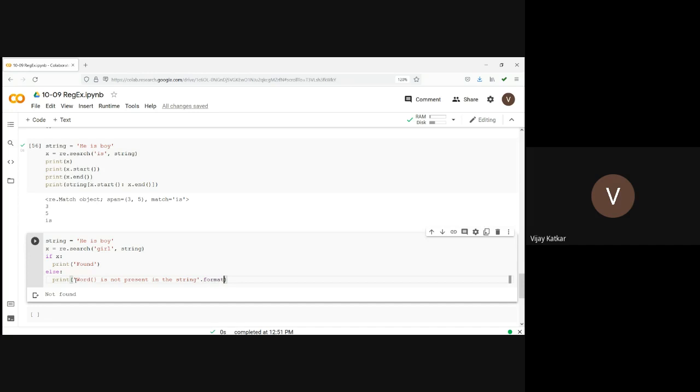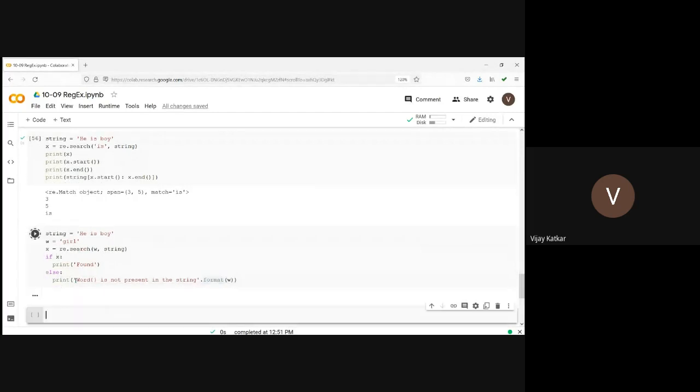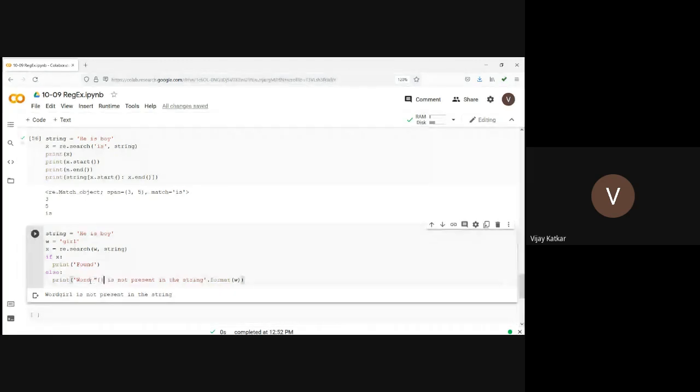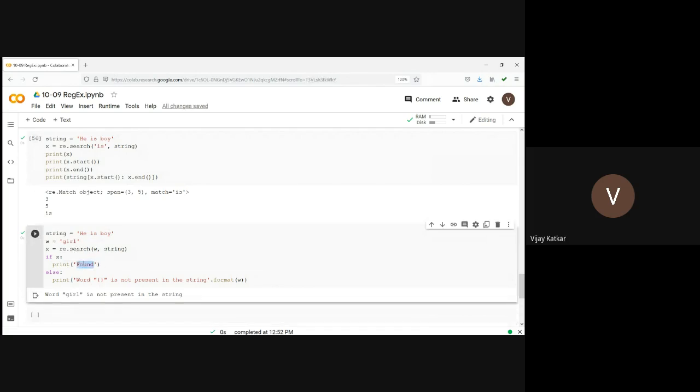So let's say .format, I'm calling it W, and here I'm writing W is equal to, let's say we are looking for the word girl, W. So word girl is not present. Okay, here I should write a space. So word girl is not present in the string, and if it is available, then I can write something else in the if statement.